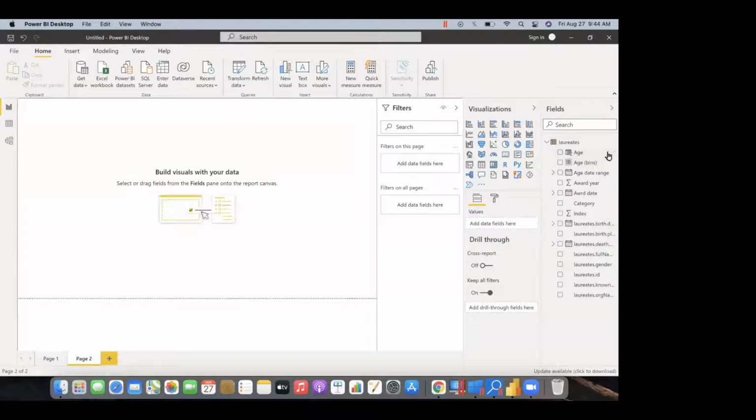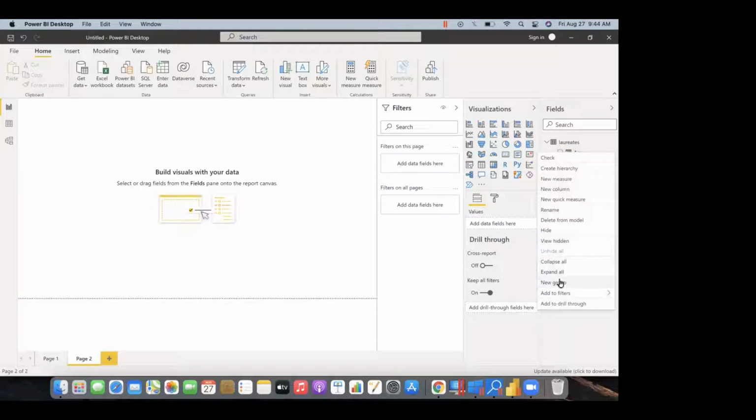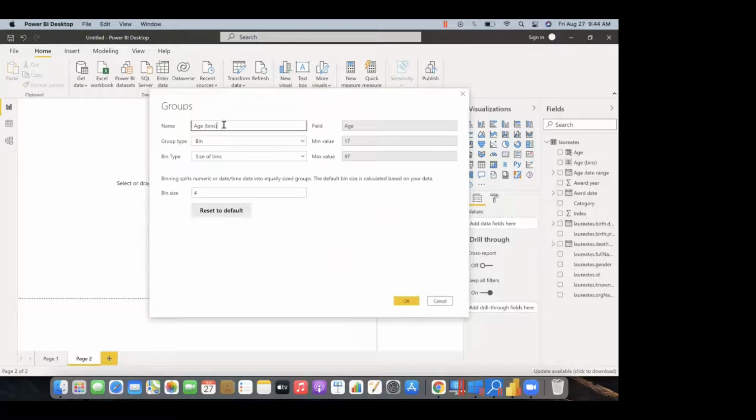from here what I did is I created a new group for creating bins. So for creating, we'll get the min value and max value here, and on what bin type you want to create the bin. So I wanted to create a number of bins. So I wanted to create 8 bins because of the interval, and the bin size automatically gave me 10. So just do it, okay, and then it will create a bin.